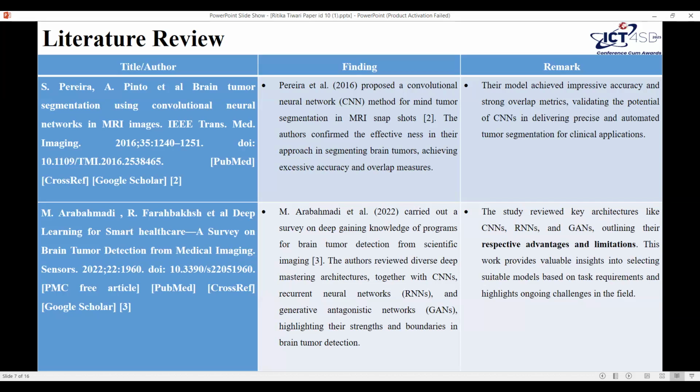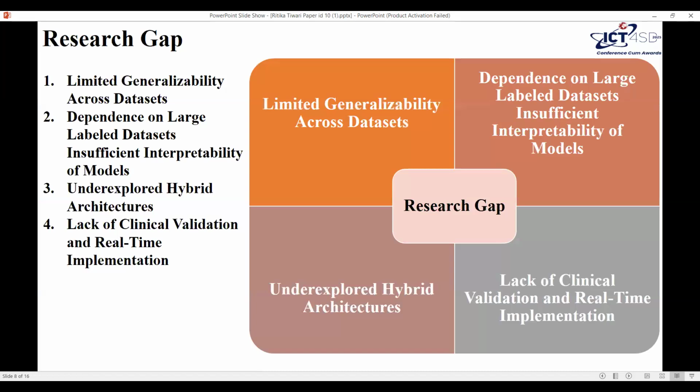A survey on brain tumor detection for medical imaging sensors. Here the paper reviewed key architectures like CNNs, RNNs, and GANs, outlines their respective advantages and limitations, provides valuable insights into selecting suitable models based on the task requirements, and highlights ongoing challenges in the field. Next, the research gaps I have identified from all these papers are, firstly, the limited